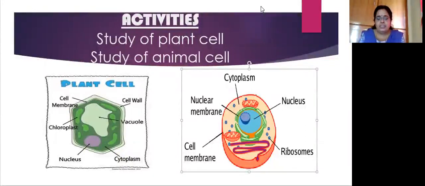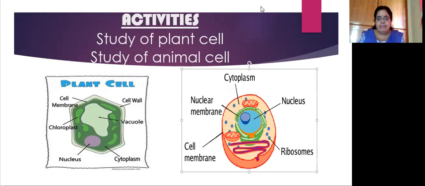So in this session, in this part, it will be just to show you certain activities to study the plant cell and the animal cell in slightly more detail. But studying the plant cell is very difficult for you unless we do it with some specimen. For that, we are going to use an onion. You're all familiar with the onion. How we are going to do that activity, I'll be showing you now after this introduction.